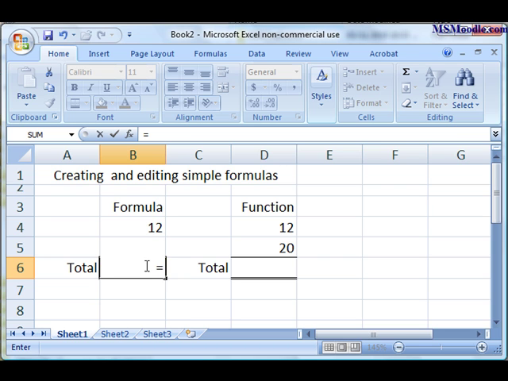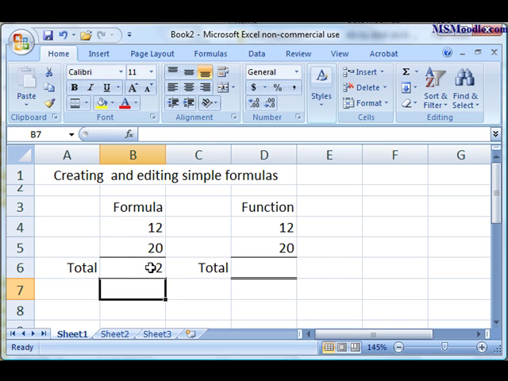Now, to keep this really simple, you can just type in the data by itself. So it's equals 12, and then plus, we can type 20, and then simply press the enter key. When you create a formula, you can type in raw data like this, just the numbers directly. It works kind of in reverse of a calculator, where we would type in 20 plus 12 and press the equal key. With Excel, you have to start with an equal key, type in the data,